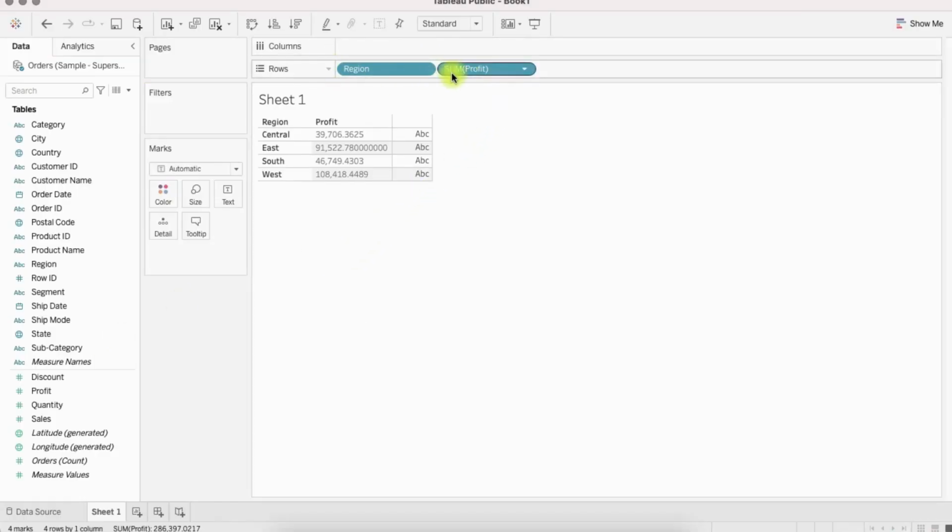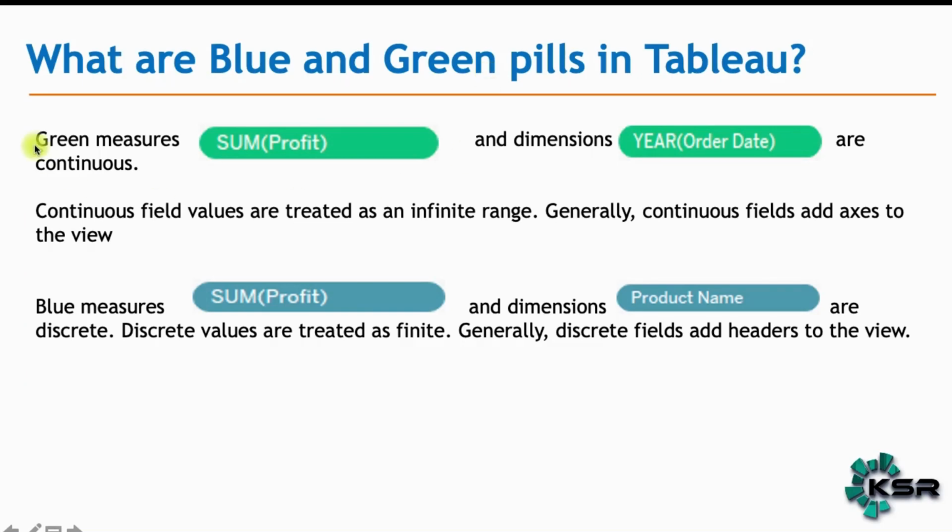Okay, always remember that blue is basically discrete and green is continuous. Now green could be a measure or dimension. Blue can also be a measure or dimension. But generally, maximum times we will use green as a measure and blue as a dimension most of the times. But there could be few times when you will use green dimension also, mostly in date time, where you have,